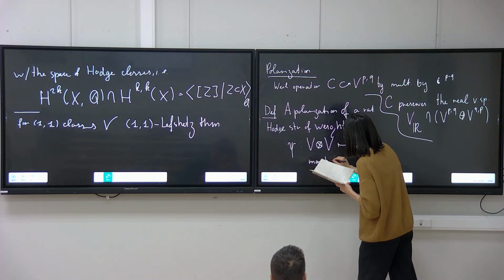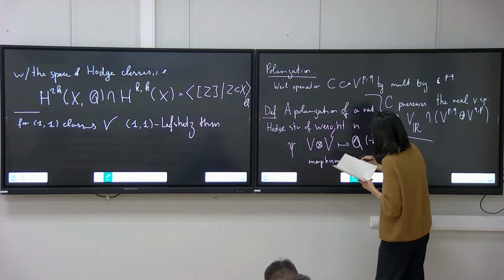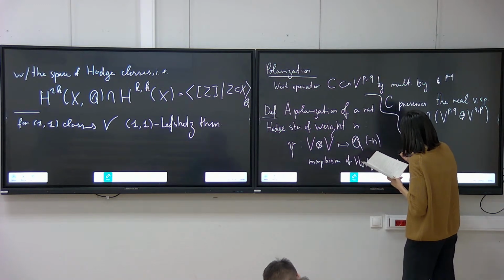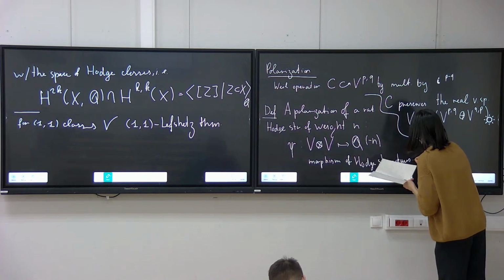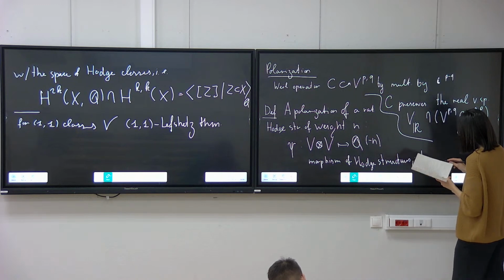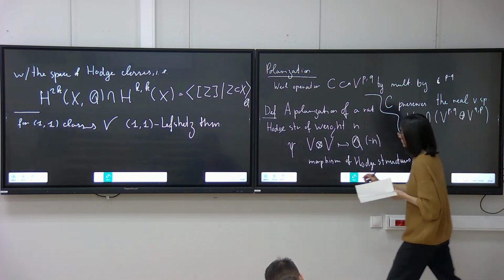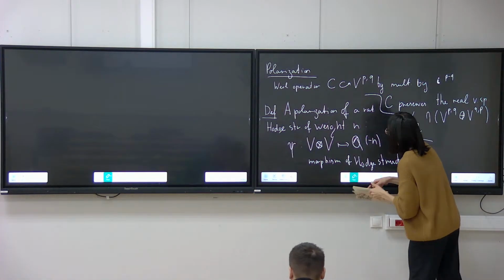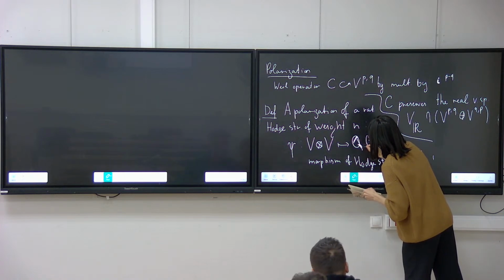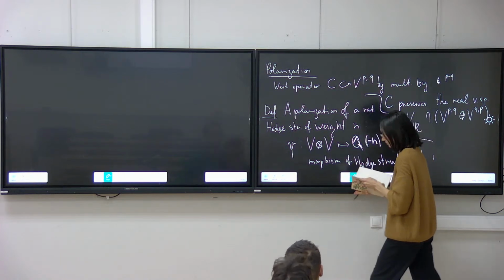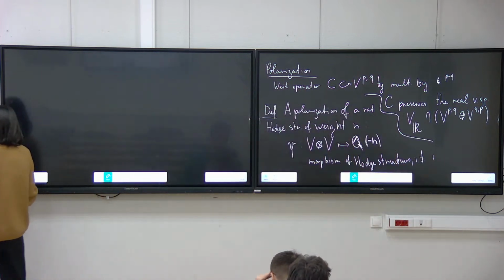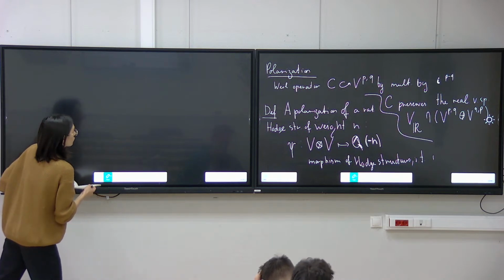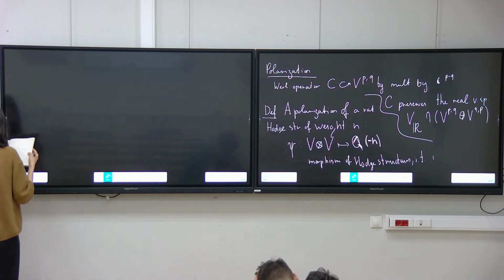So this is a morphism of Hodge structures V ⊗ V to Q(-n), the Tate Hodge structure that we defined before, such that